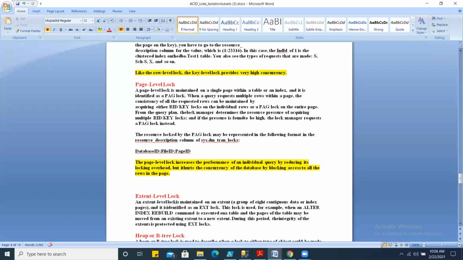So say for example, if I have 200 rows on every page of my table, and I'm updating or deleting say 50 rows, and 50 row level locks or key level locks have been occupied by the transaction on that page, so still 150 rows are free for any kind of operations.